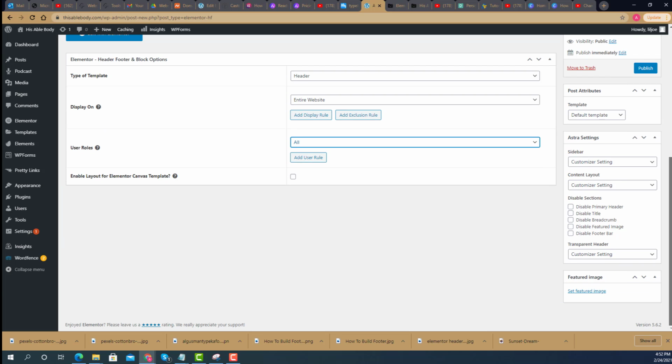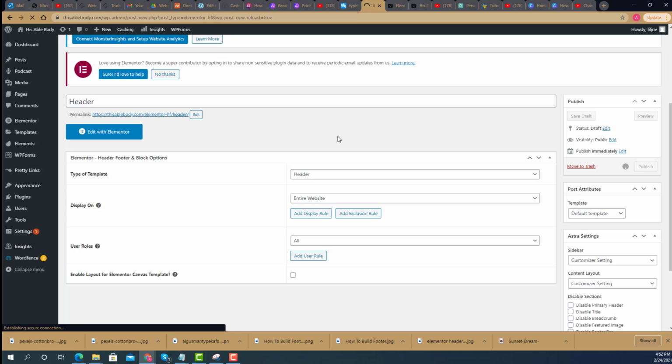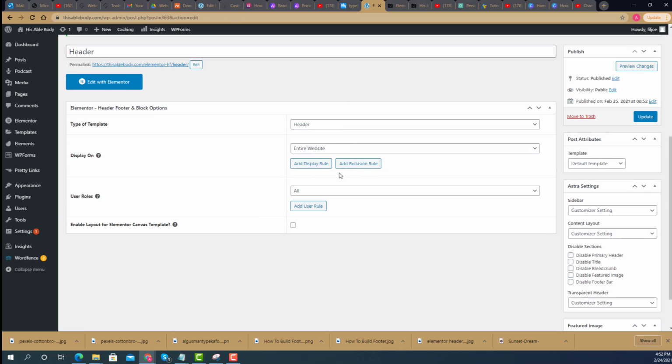And then we'll just leave all this stuff on the right side. We'll leave that the way it is by default. So we're going to go ahead and publish this. And then the next thing I'm going to do is I'm going to go edit it with Elementor. This is the visual builder